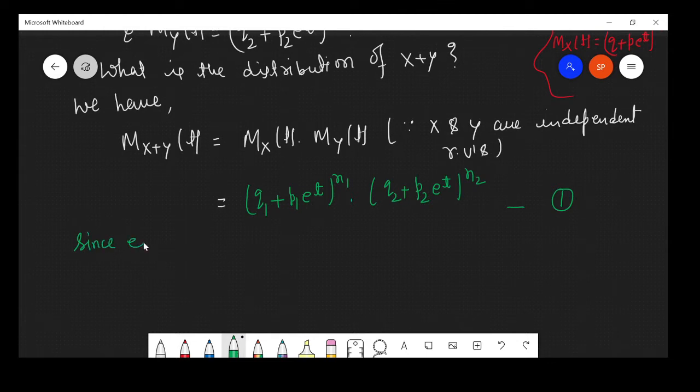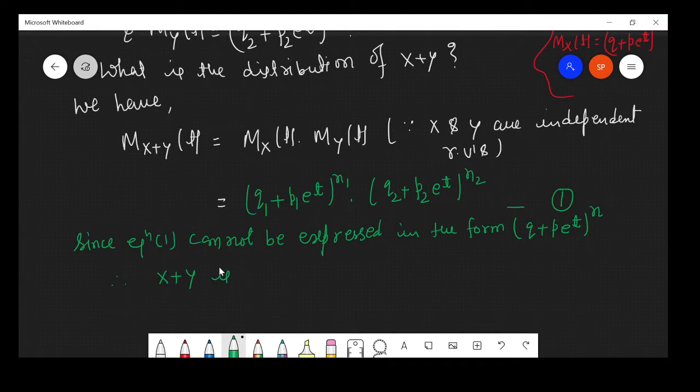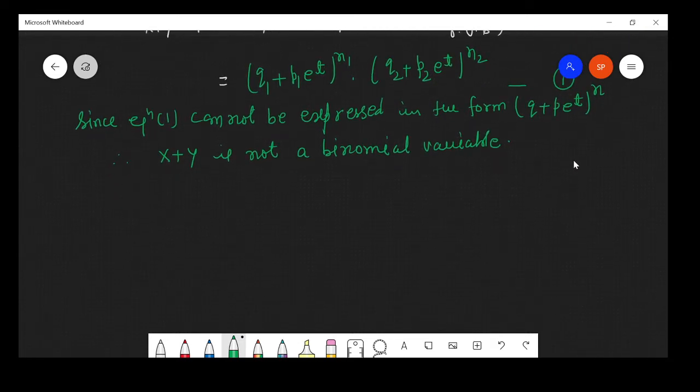Since equation 1 cannot be expressed in the form (q plus p e to the power t) whole to the power n, therefore x plus y is not a binomial variable, and we can show that x plus y does not follow the binomial distribution. Hence, in general,